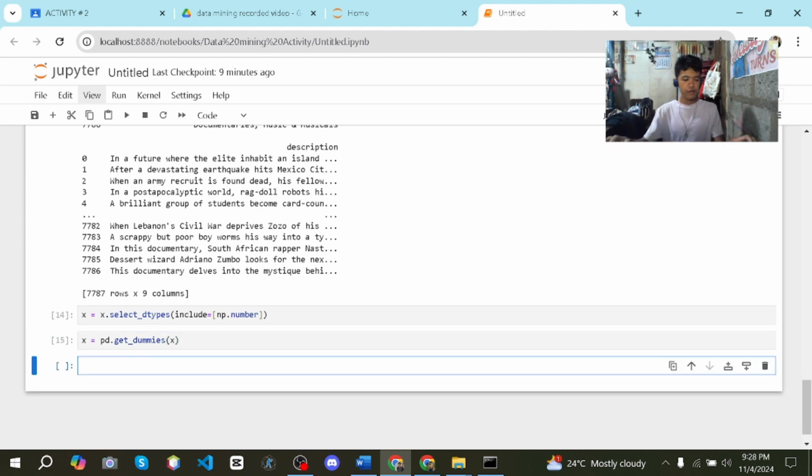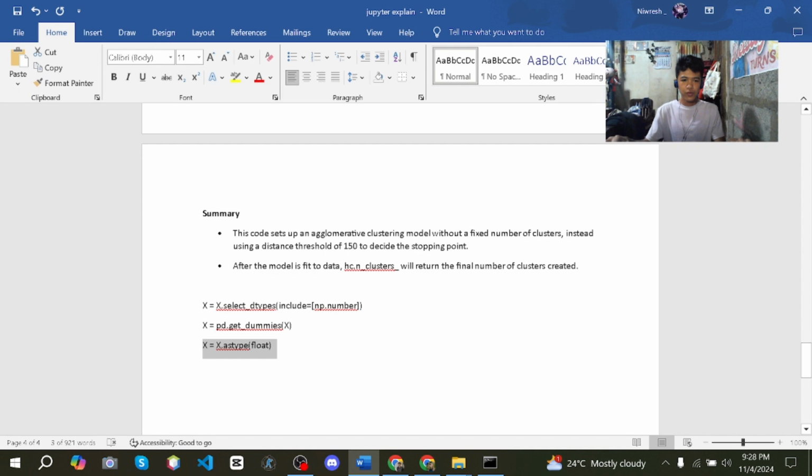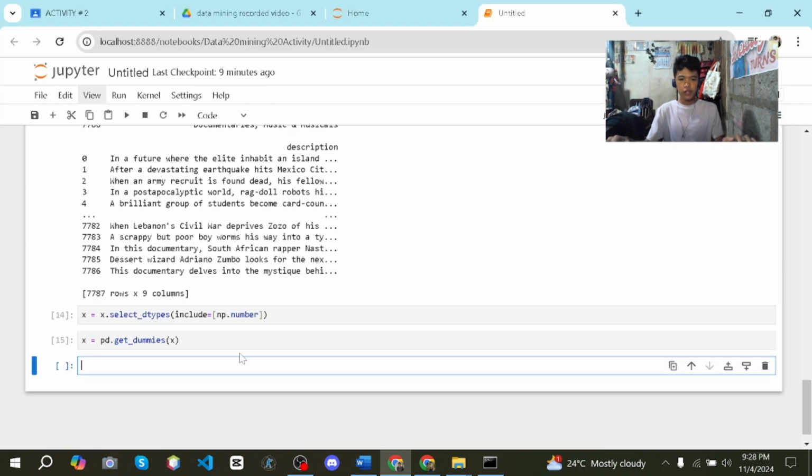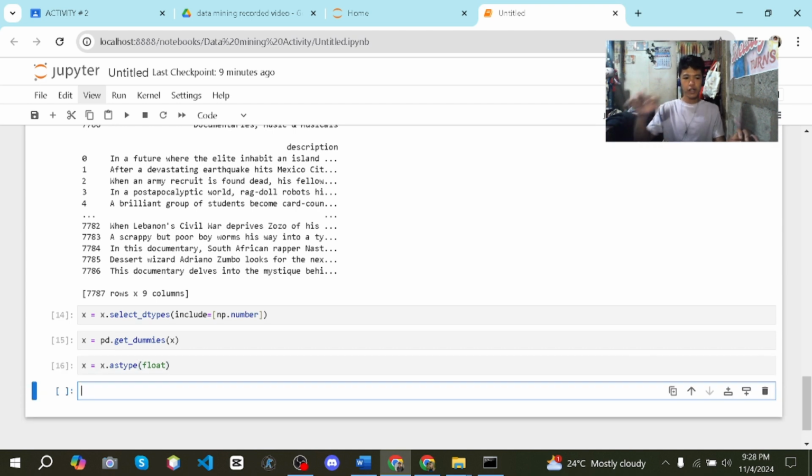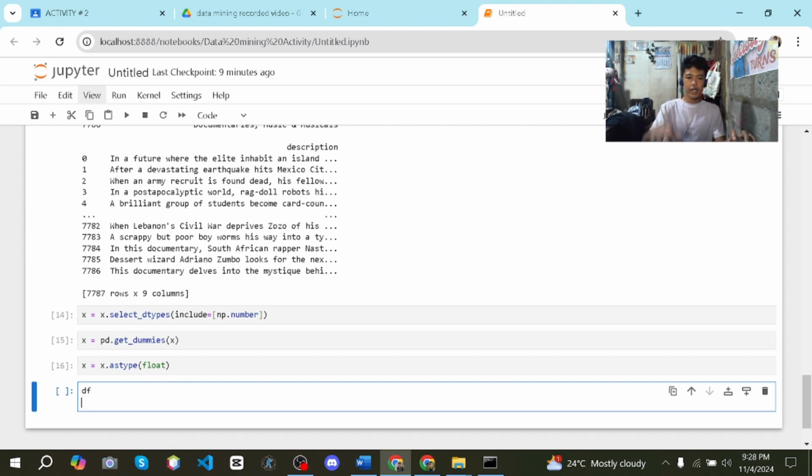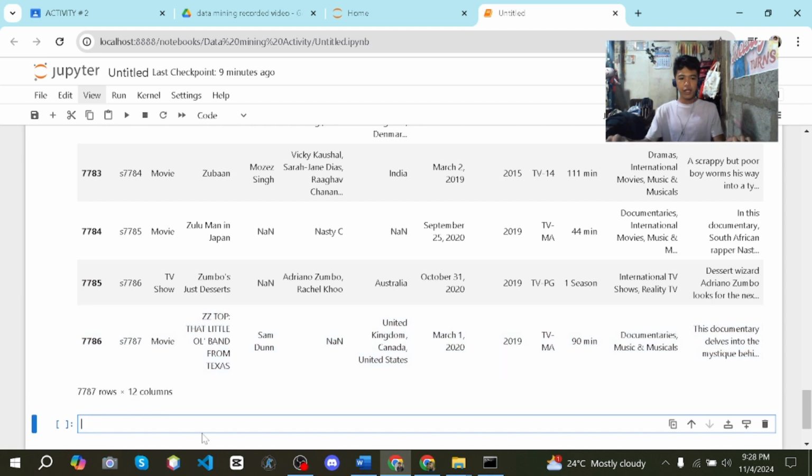And then shift. Then lastly is to use this code to convert the strings into float type. So all the values inside the variable x will be converted as a type of float. So gonna run this one, and then we're gonna print the data frame again, and then now we can proceed to import